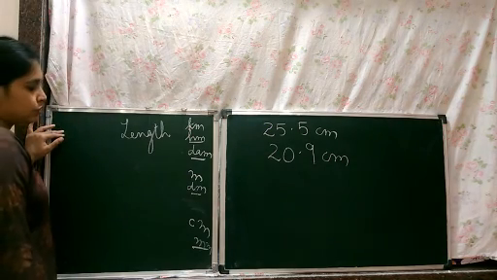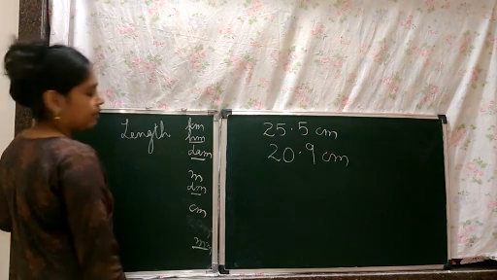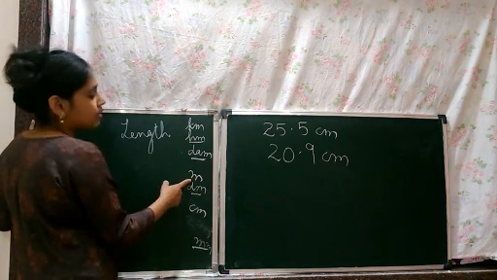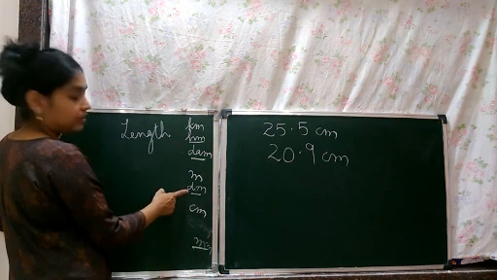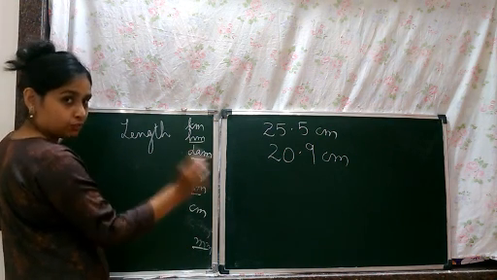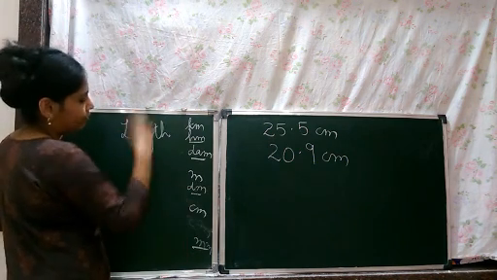millimeter. Correct? So centimeter should come here. In between meter and kilometer, there are two brothers. In between meter and centimeter, there is only one brother, and milli is the smallest, or you can say the youngest brother in the family.